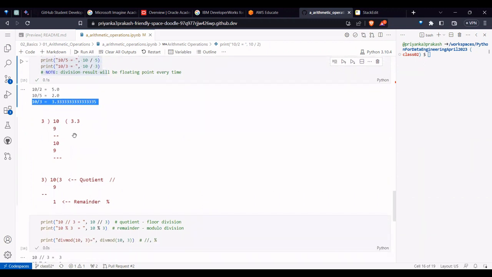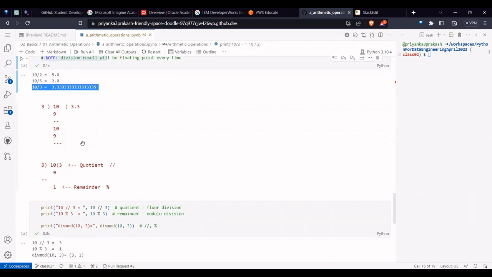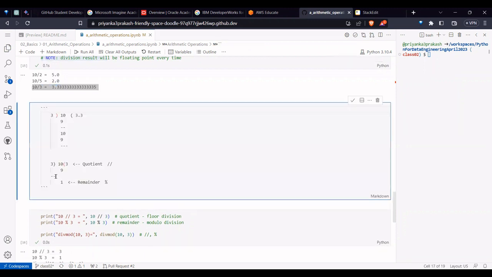And one more thing, when you do a division, you do it like this only, right? Every time you borrow 1 and you make a decimal, you borrow a 0, you borrow 0, like that you do. But instead of doing the exact value, if you want the quotient and remainder, so 3 threes are 9, so 1 is remainder, right? If you want that kind of thing,